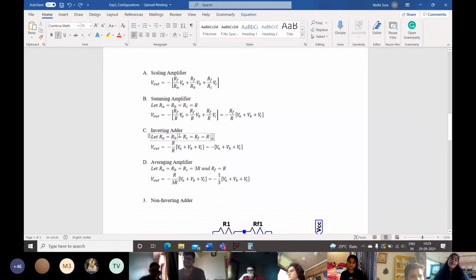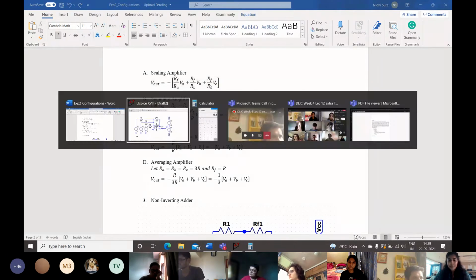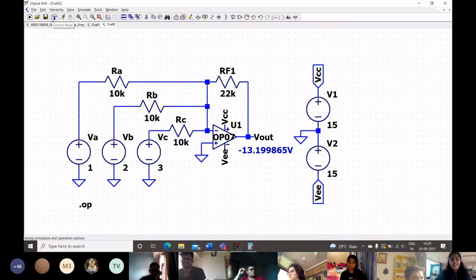All right. So now we have the first type that we had studied, which is the scaling amplifier. In this, each one of the inputs has a gain of its own. So we're going to start at this point with the linear equation implementation. We haven't done the subtractor yet, but we can implement just adding linear equations using this kind of circuit.